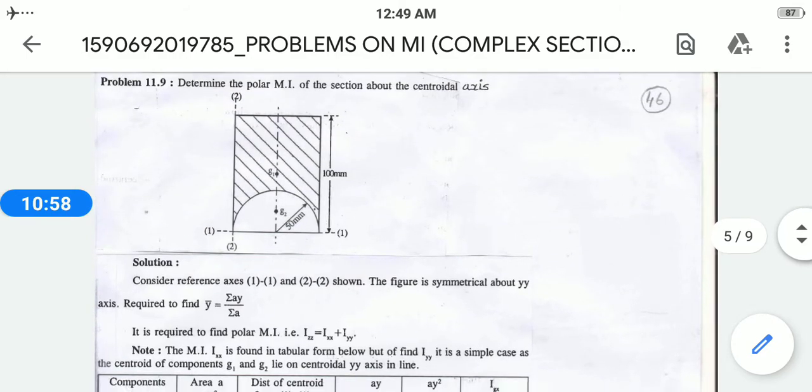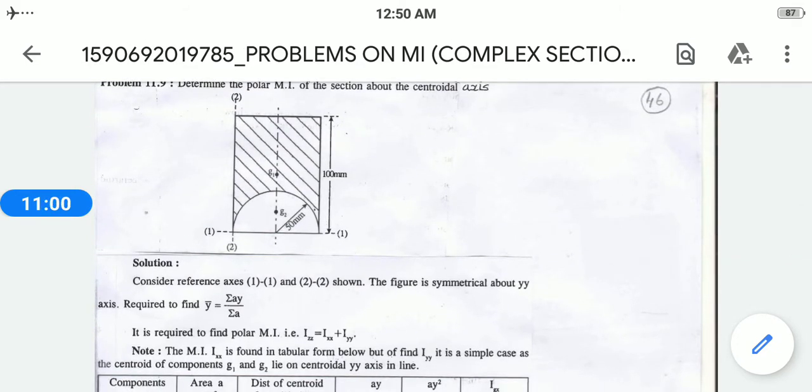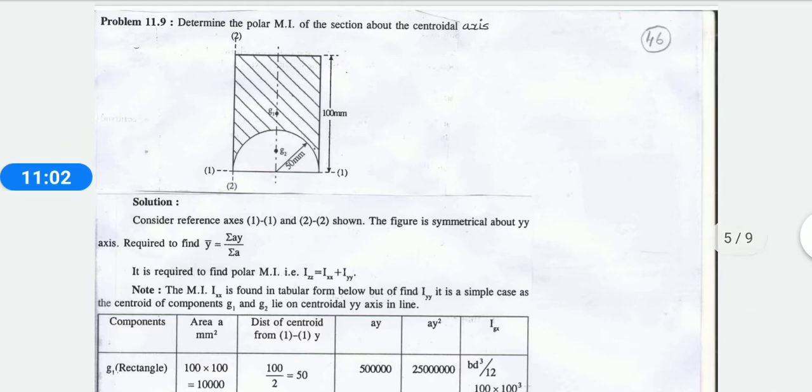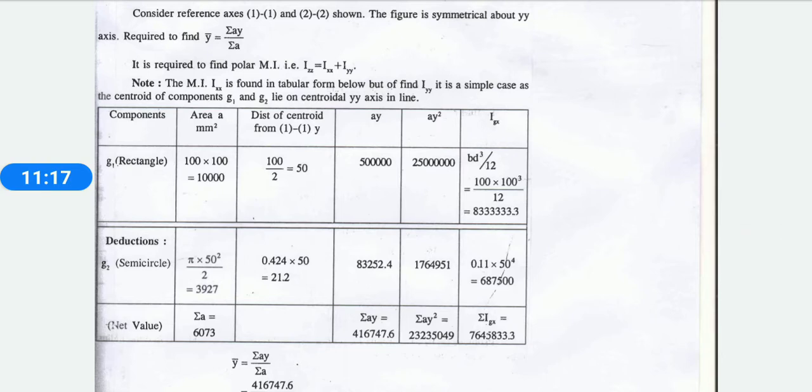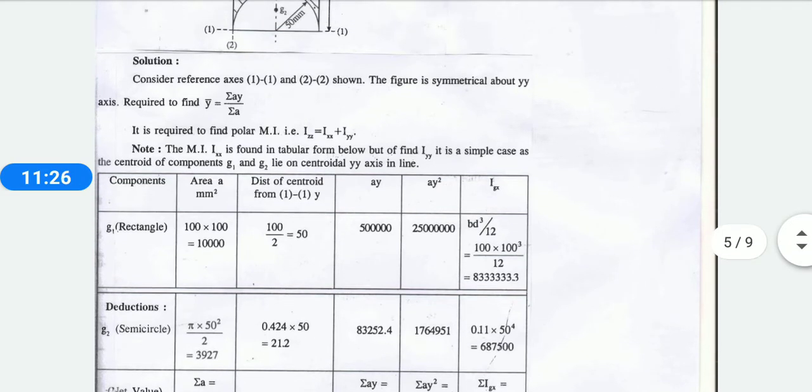See, first, what are the things we need to find? We have to know, for I of xx and I of yy, we need to find all the factors of ay square, ax square, I of gx and I of gy. And x bar also we need to find. Now they had given only one method in the table method and the other substitution, that is I of yy in your substitution method. So as per the book, I will explain it to you now.